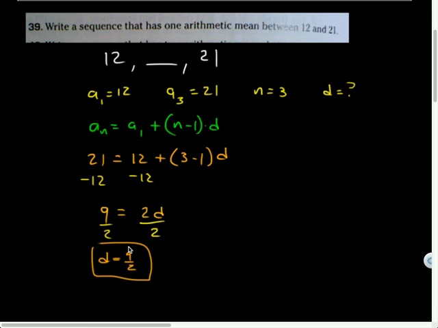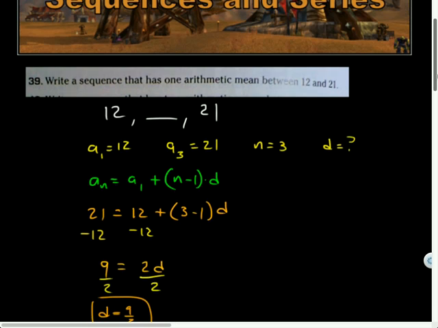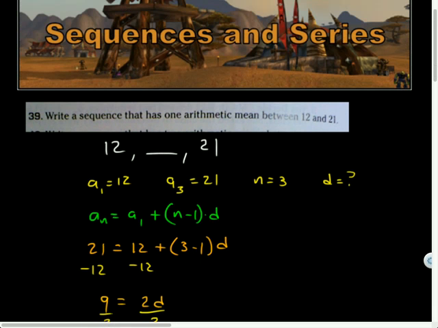So let's see, I divide both sides by 2, and I get d is equal to 9 halves. So that's my common difference. Now in order to figure out what goes here, I have to add 9 halves to 12, right? 9 halves is 4.5, if you're wondering. To get a common denominator, multiply this by 2 over 2. So 24 halves plus 9 halves is 33